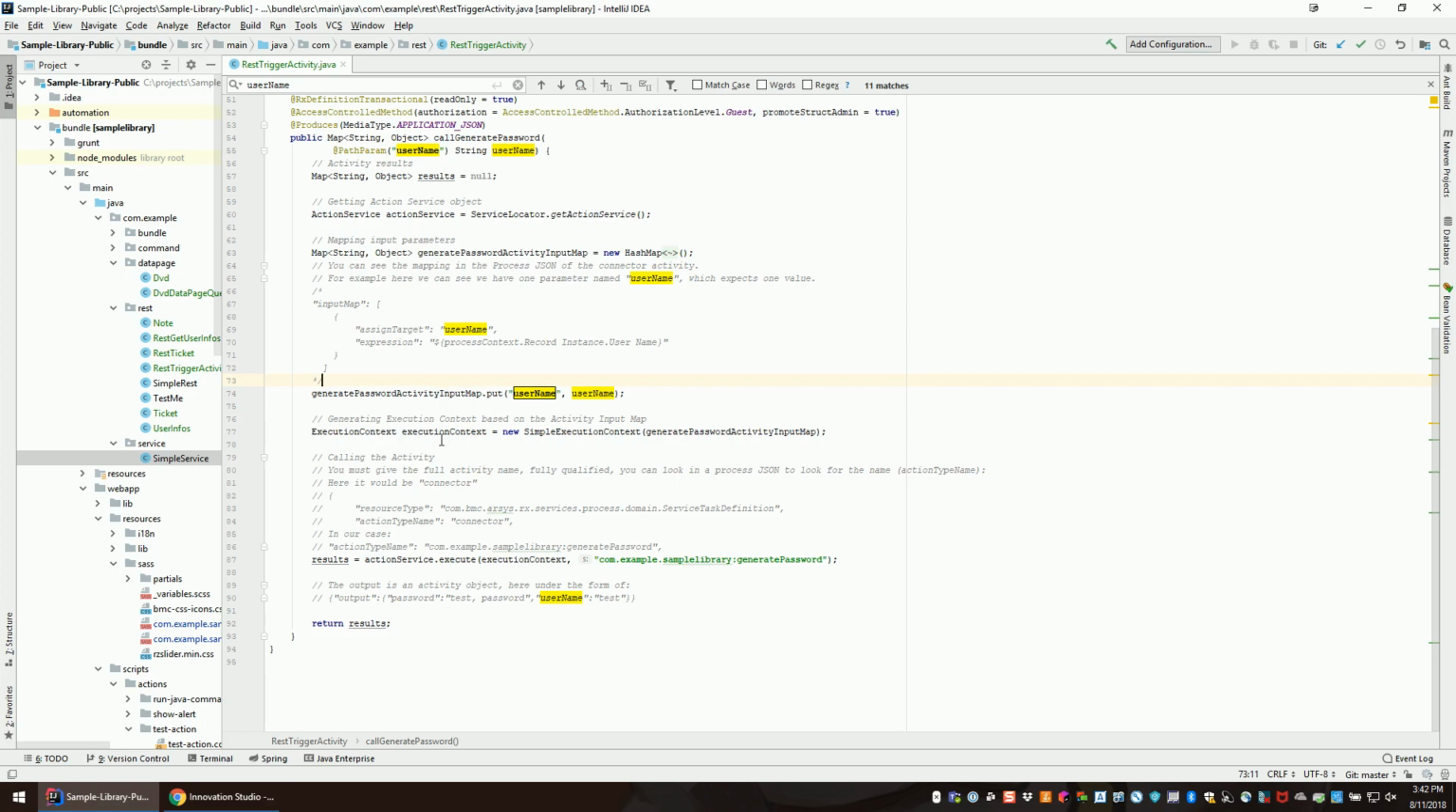Then you need an execution context to execute your activity. So once you just create a new one and you pass the input parameter, and then you call the activity in itself. So one thing that is very important, so you're using the action service for that, you just located. So you execute, passing the execution context you just got, and you need to give the fully qualified name of your